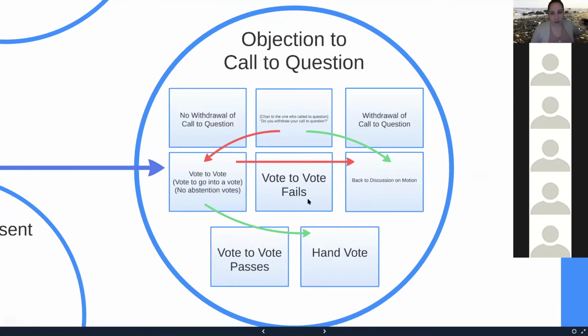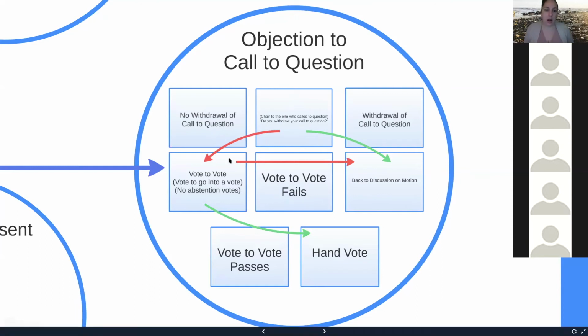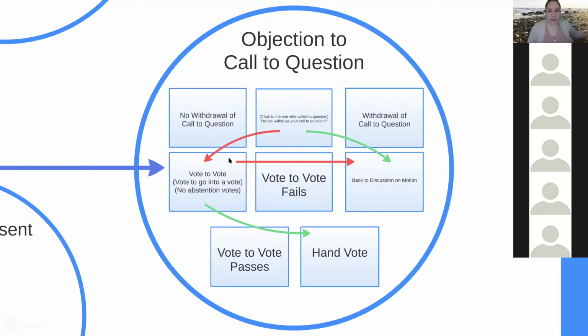And so the green arrow going to the right indicates that I did withdraw my call to question, and we're going back into discussion on the motion. So I agree, we don't need to take a vote right now. I'm going to withdraw, and we're going to be back in discussion. If I say, no, I don't withdraw my call to question, I do want a vote to be taken, then we're going to go into a vote to vote. And that means that